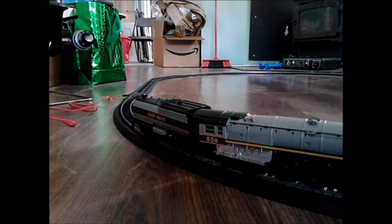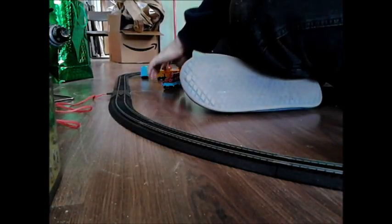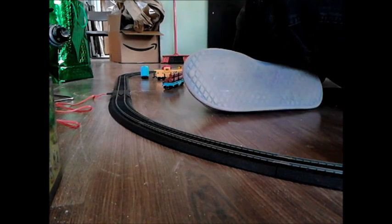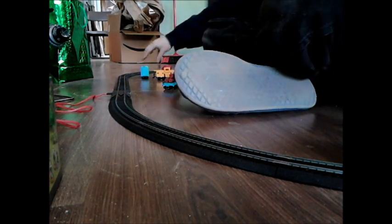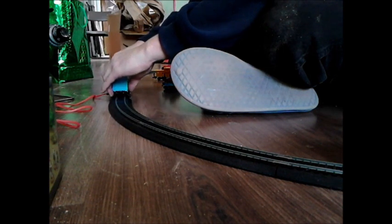Well, I'm going to run this for a bit, and then we'll get the cars on. Okay. I'm not going to set up the cars. I'm not going to put them in particular order, but I'm going to put the box cars with the grain, and maybe the log and the coal right in front of the booster or something. I don't know. But around and around the track, backwards for a bit, forwards for a little bit. So let's just get everything